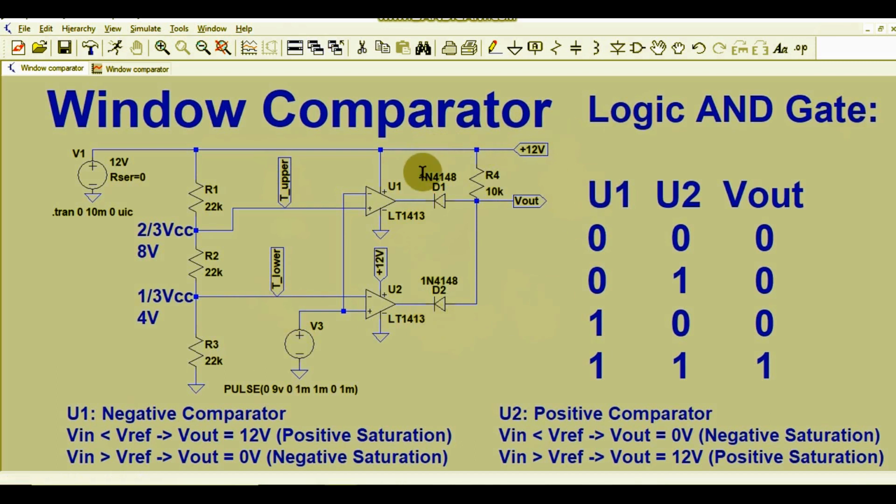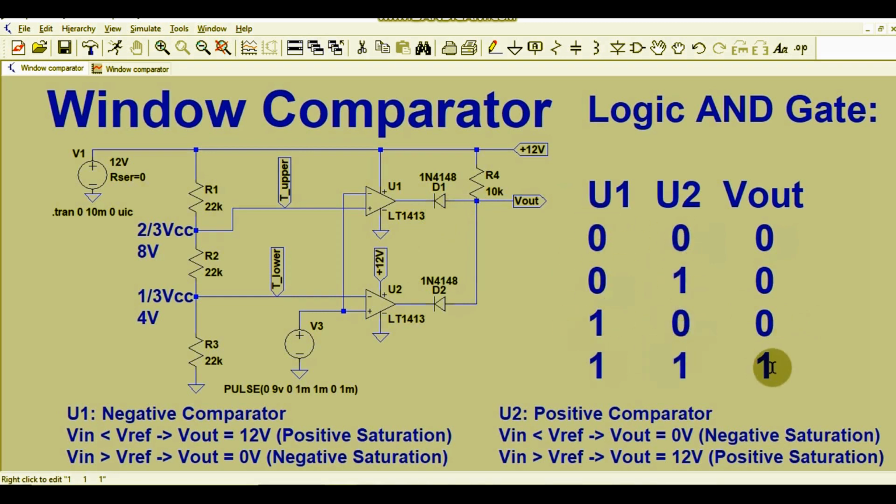So let's say here if your U1 equals 0, that means you have here 0 volt, you have here 0 volt. At U2 your output equals 0. Why? Because you have here 0, this diode will conduct and current flows through these diodes and you will get 0 volt, or the forward voltage drop of this diode, right? So in these three cases you will have zero output. Why? Because at least one diode will conduct.